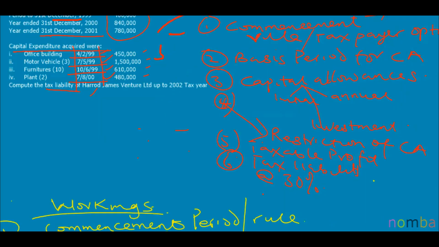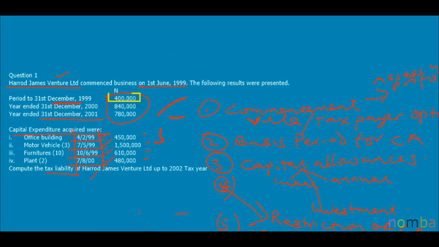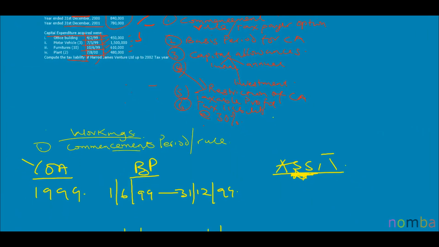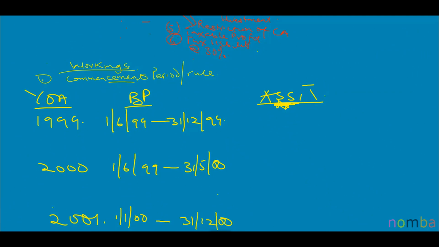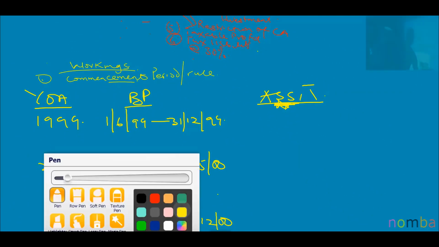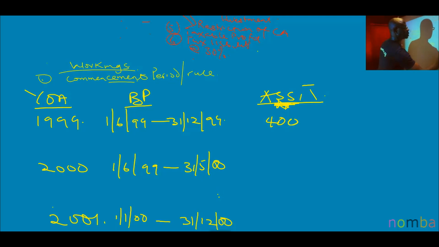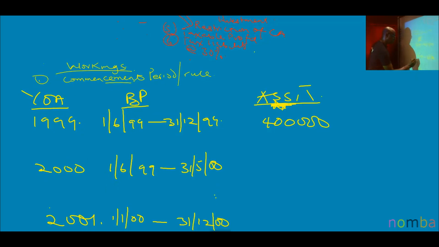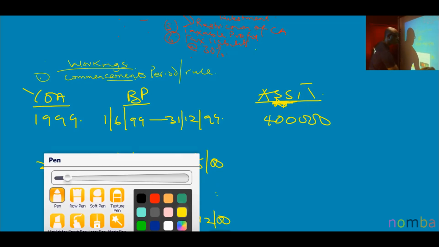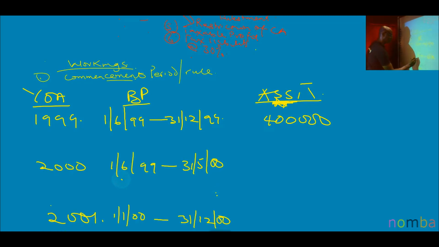For how much? For 400,000 naira. So if it is for 400,000 naira and the basis period is the same, the amount will also be the same. So 400,000 naira comes in here. For the second year, it said 1st June 99 to 31st May 2000. We are going to look for that there. 1st June 99 to 31st December already is giving us 400,000. Okay? So it's going to be 400,000 here